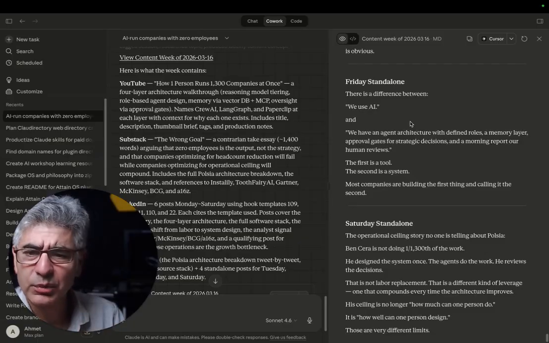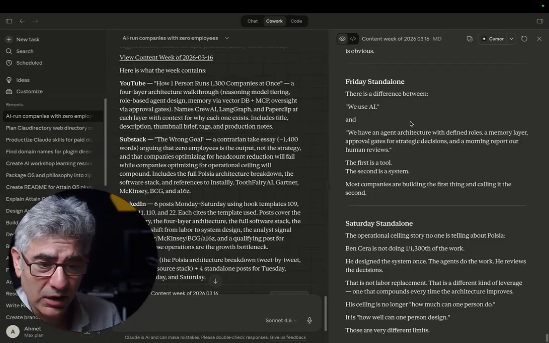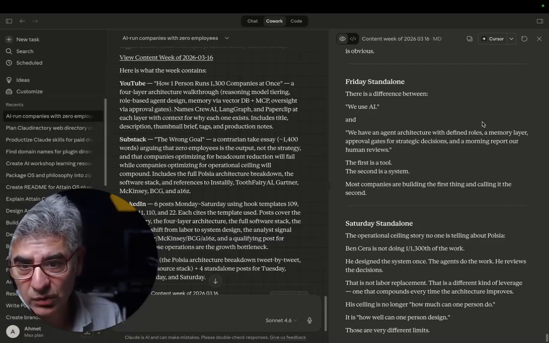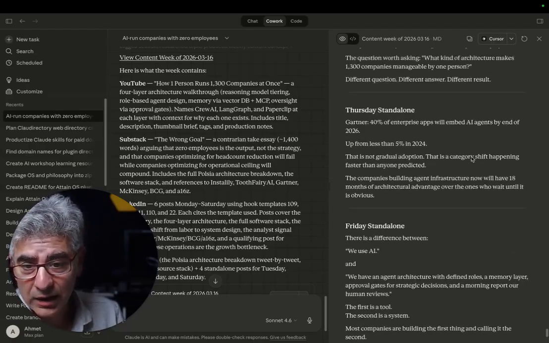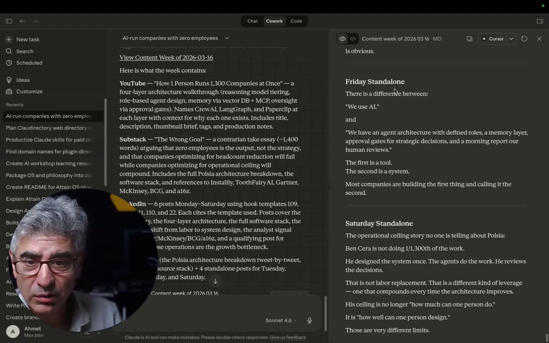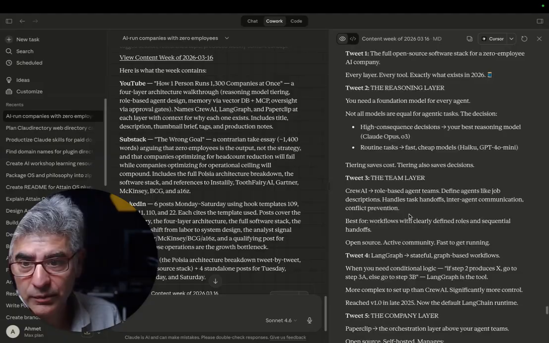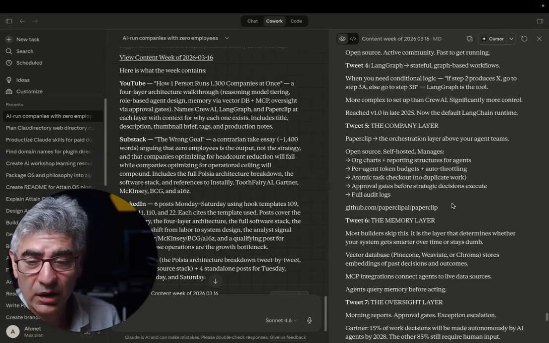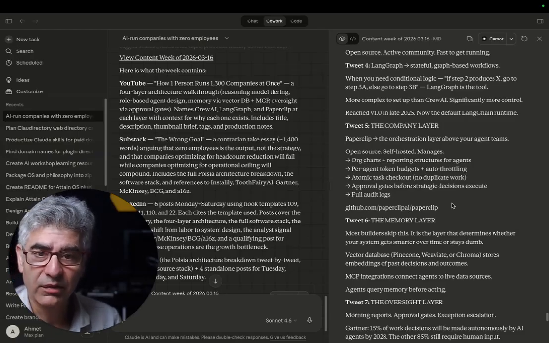A CMS, think WordPress, things like that, is actually more trouble than it's worth. At the end of the day, you just need a database to store all of this stuff. And with just a simple database, I have more flexibility on what I can do with all of this stuff downstream. So yeah. And then finally, once all of that is done, I will start connecting it to these channels, to the platforms, to push this stuff out automatically.